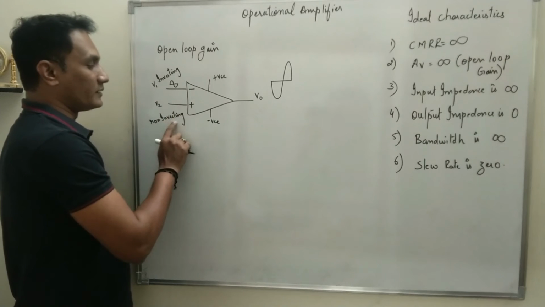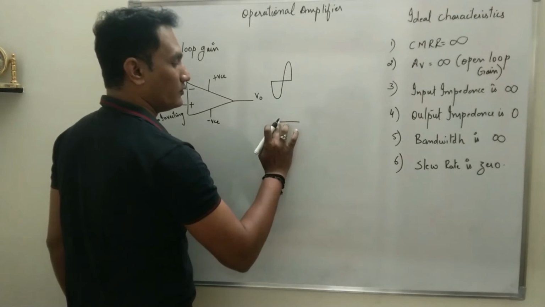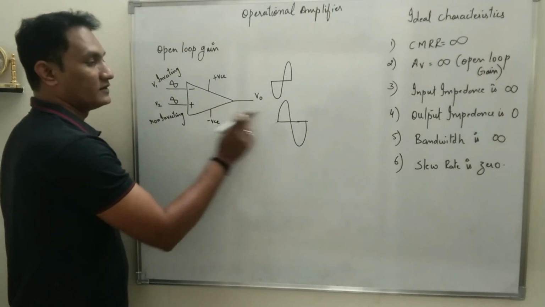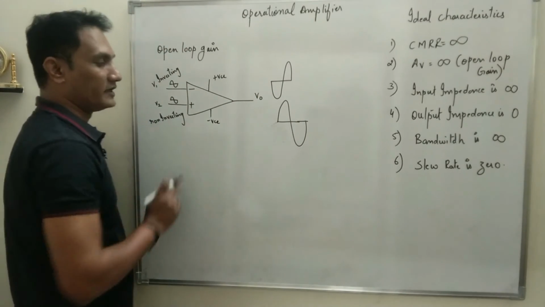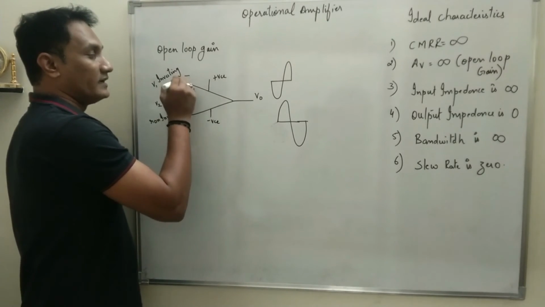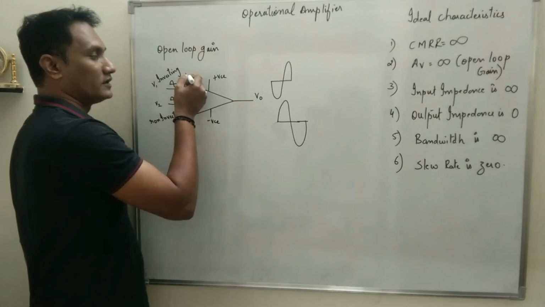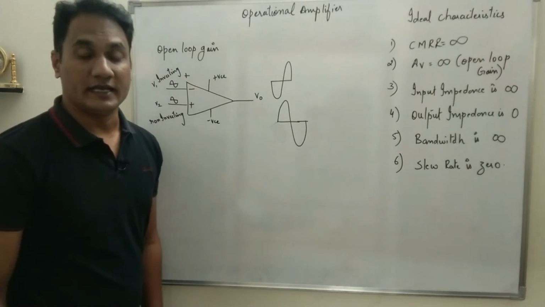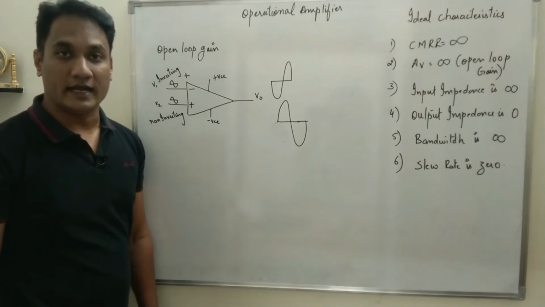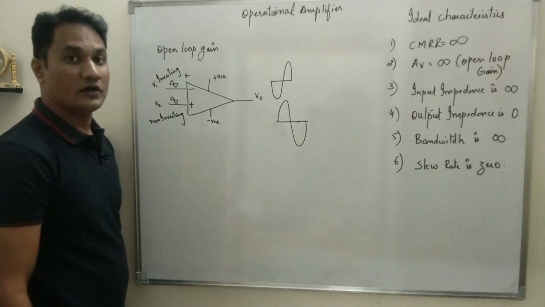Whereas if the input is applied to the non-inverting terminal, the output will be in the same phase. Therefore we say it is a non-inverting terminal. Basically we have to understand that if you apply minus at the inverting terminal, you are going to get plus, and if you apply a positive input to the inverting terminal, you are going to get a negative output. That means there will be a phase shift of 180 degrees between input and output. So this is all about the symbolic representation of the operational amplifier.